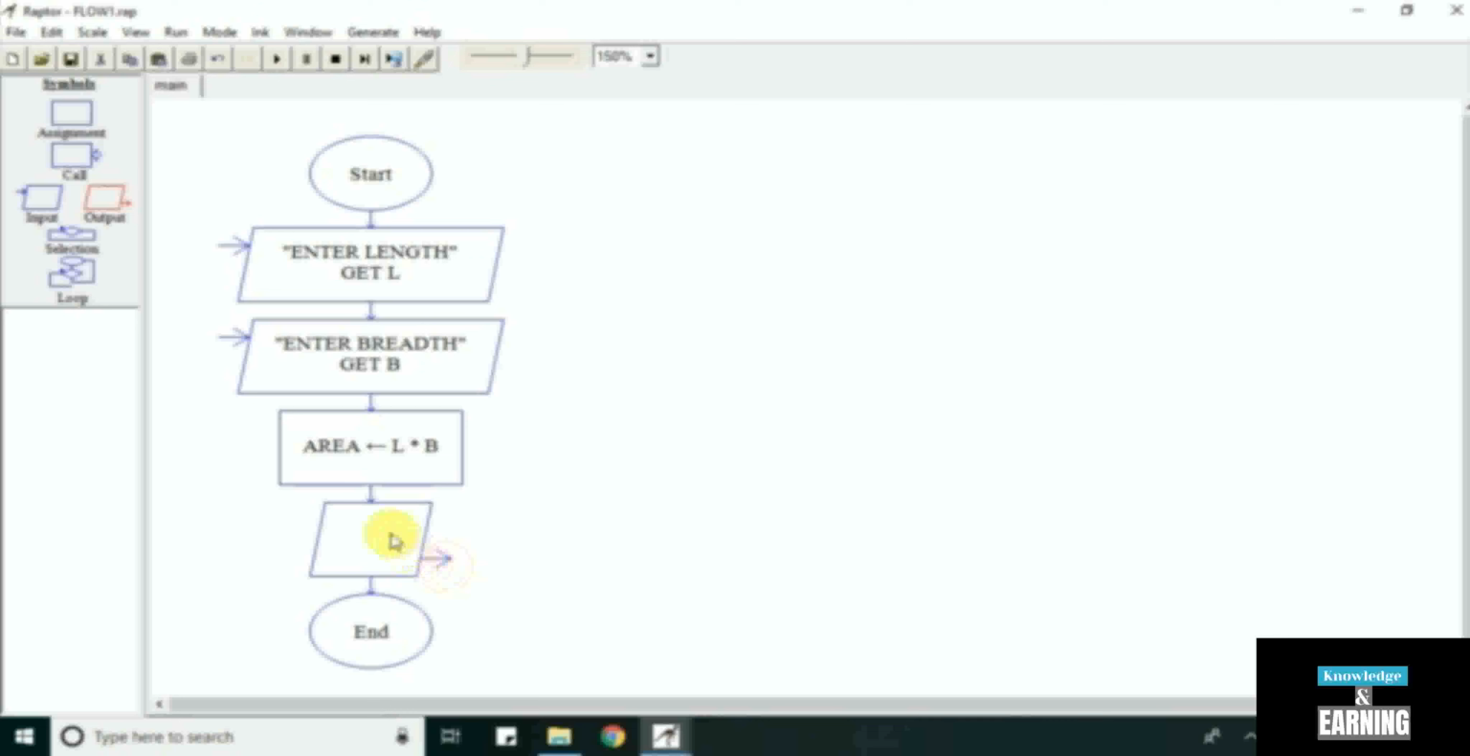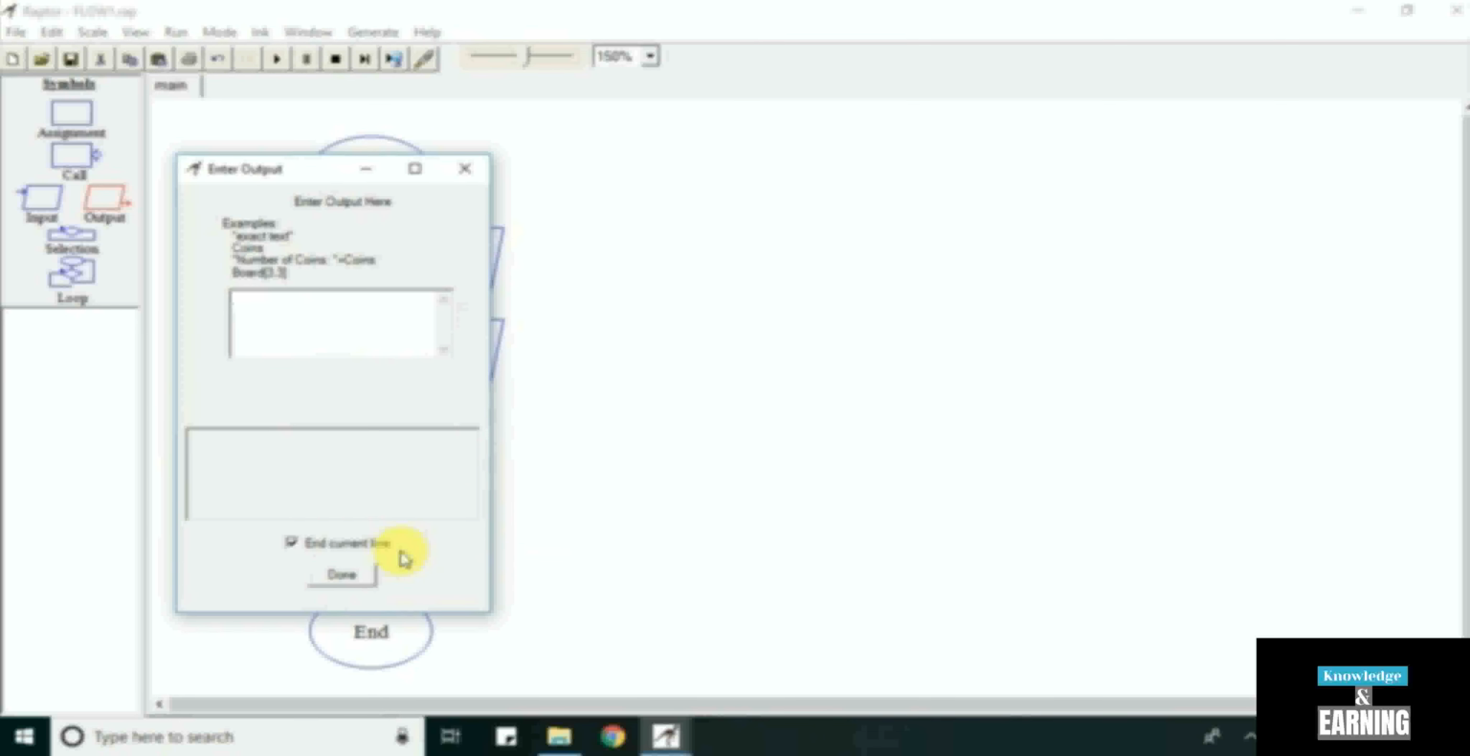So right click on the output symbol, select the edit option. Here we are getting only one text box and the below one is the suggestion box. It's not a text box, we can't write any content in this one. So in my text box I will be writing my message. My message is "Area of rectangle is " with a space, double quotes closed, and